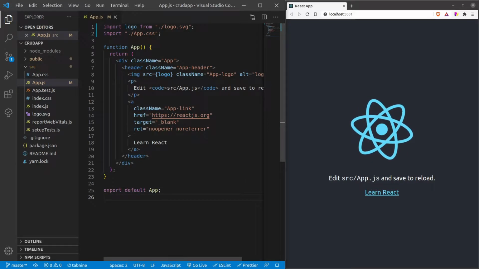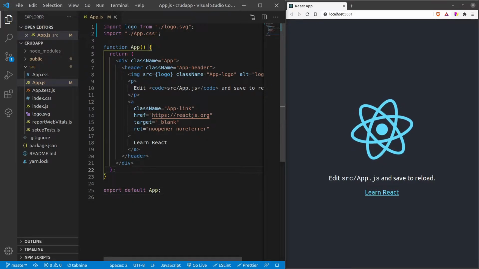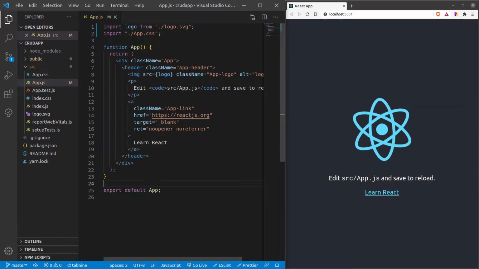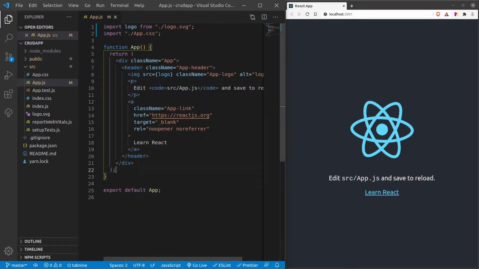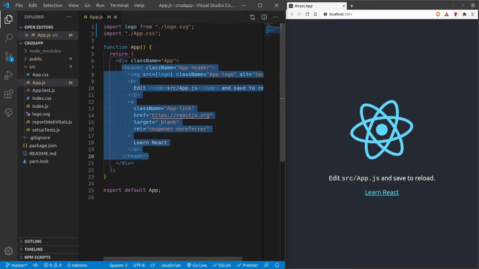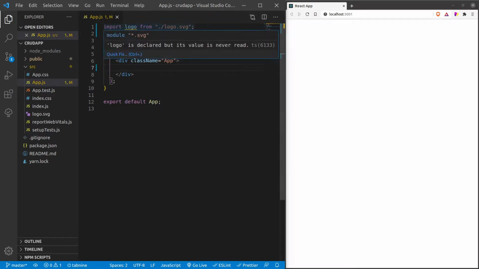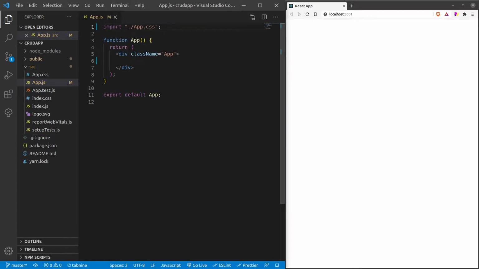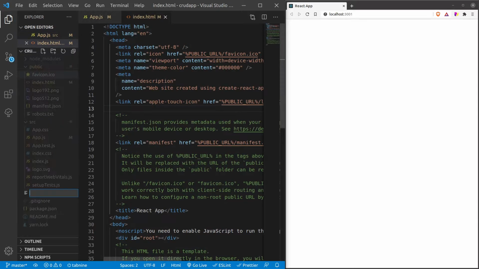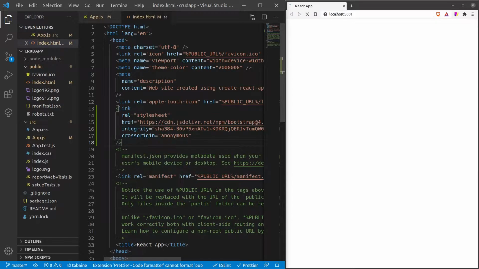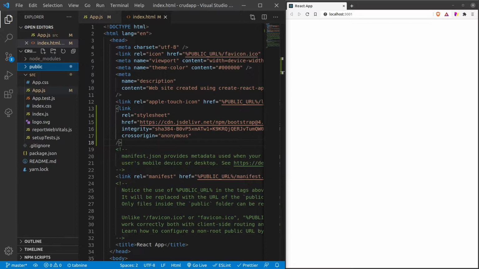So guys, now let's move on to creating a basic application architecture. I have created this boilerplate using create react app, and this is the main component that has been loaded. First of all, let me delete the details of this and also remove the logo from this application. Also, I'm going to use Bootstrap in this application. So let me include a URL for the same. I have added a CDN for including my Bootstrap.